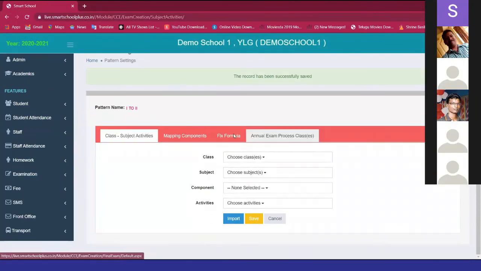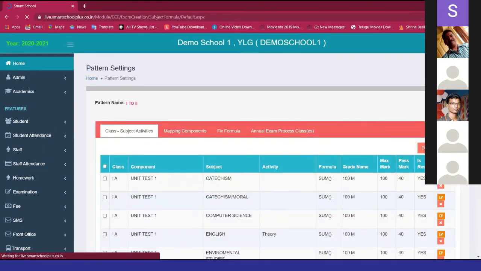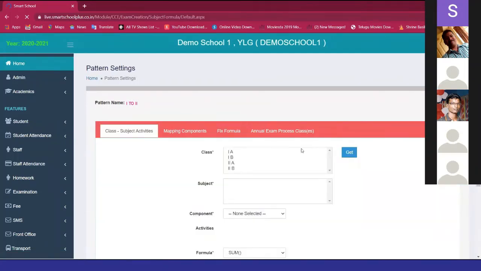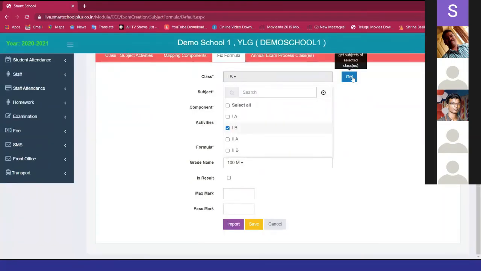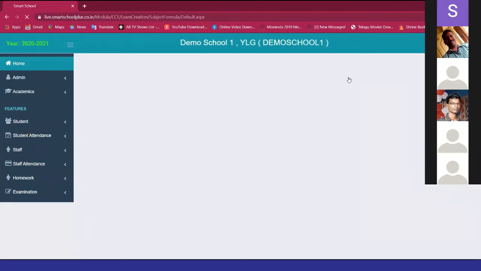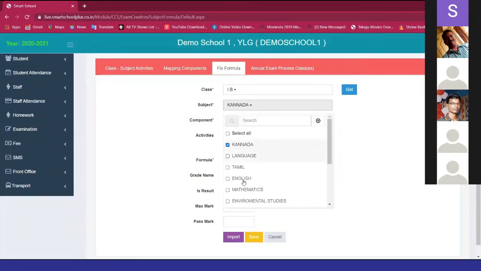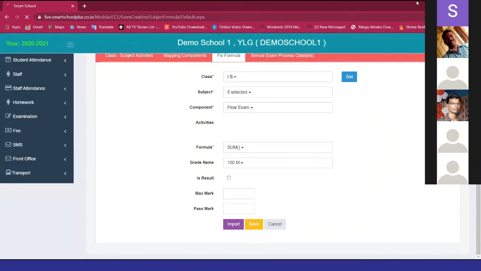Once I save the record, I have to allot the formula for that particular class. Here I am selecting the first standard B section, then the particular subject, then component, final examination.